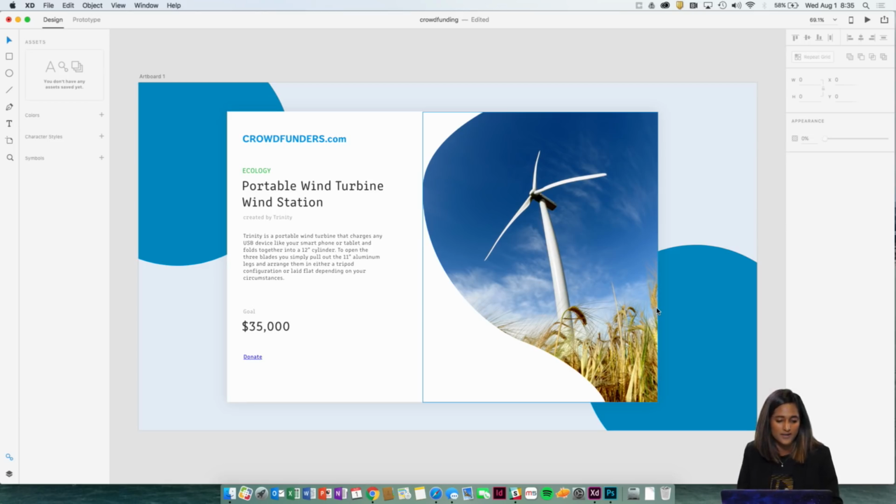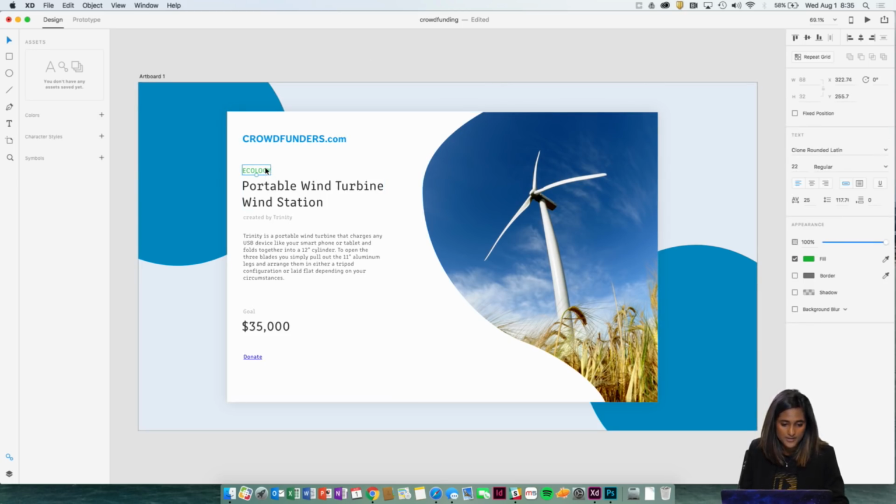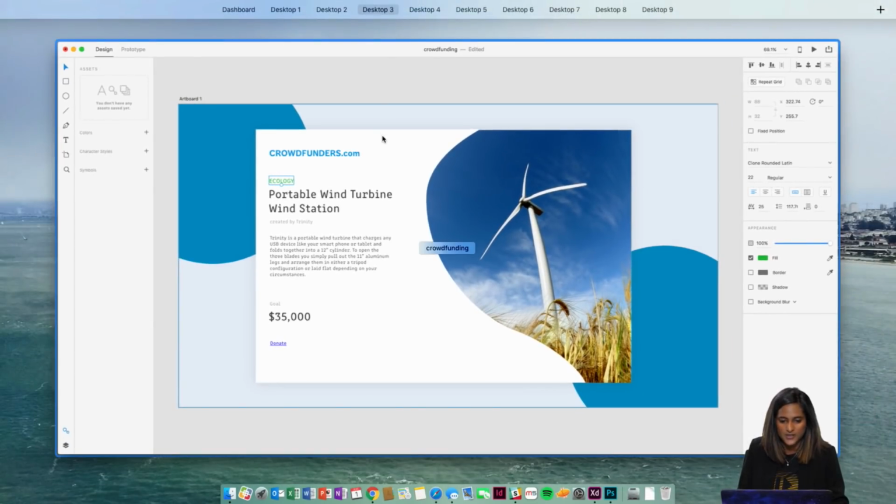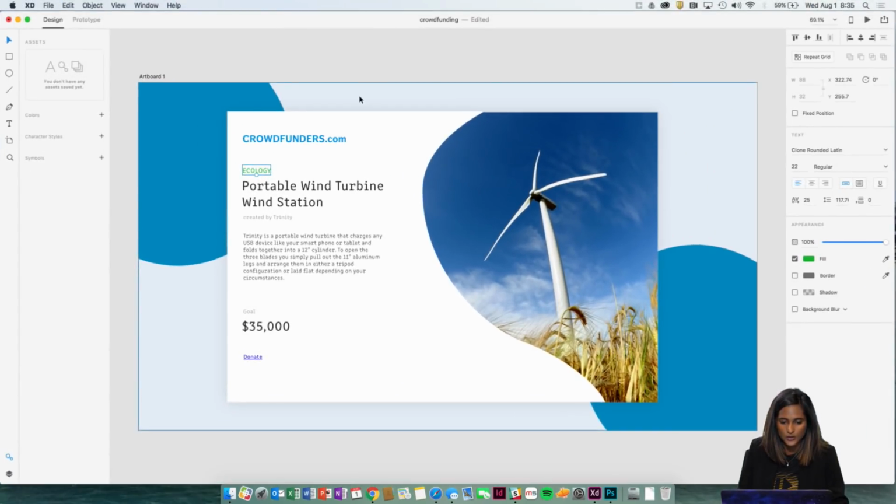So it's amazing. Your layers are not moved around, which is really great, and everything is in place. So it's a very easy transition: if it's a Photoshop file, you can open it on XD as well. So let's take a look at